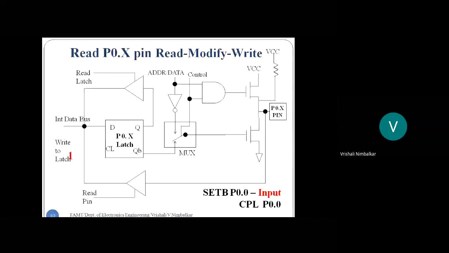It means what all operations are happening with the pin? Reading the pin, modifying that data, and writing on the pin back. So these are, with respect to the pin: read, modify, write. Okay, the operations happening are read, modify the pin, and write on the same pin. At this time, the upper buffer is activated by the microcontroller. Which signal is activated? The read latch signal is activated by the microcontroller. Right? Why? Because the port is the source operand as well as the destination operand.